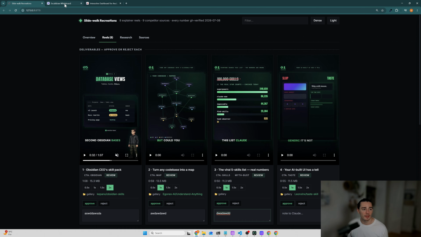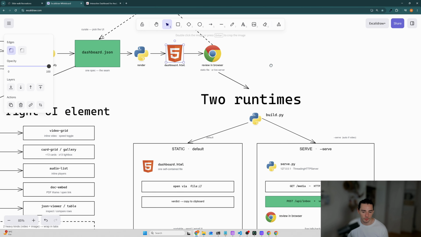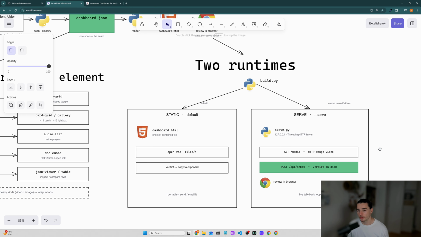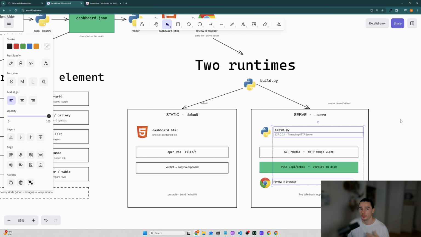And the next thing we do is we render it, and then we have the HTML file, which we just saw here. And then there are 2 ways of serving it. We can either just display it as a static file. Let's say you want to share that file with a colleague or send it via email, whatever. Then you can also just pick the HTML file and send it as an attachment. But we also have the interactive way, which means we need to serve it via the localhost, which allows us to also have